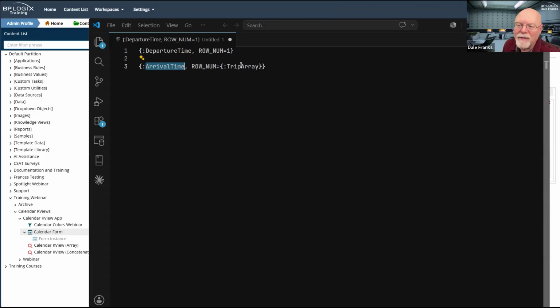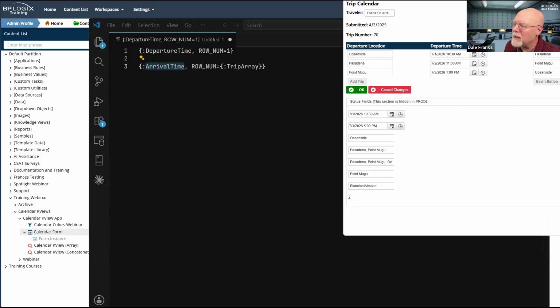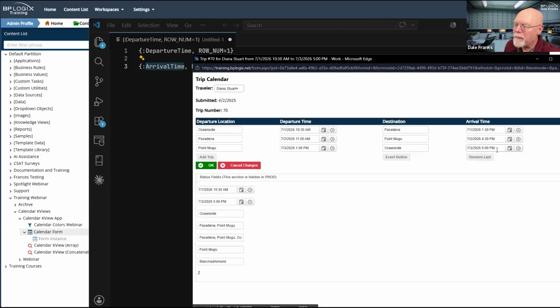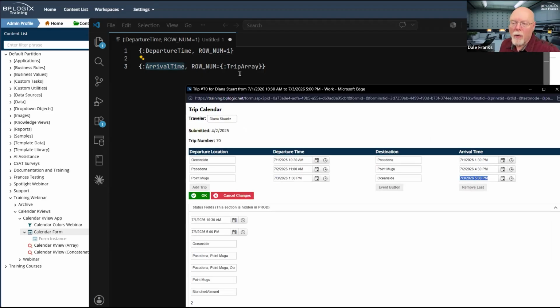I need to have the very last arrival time when my trip ended completely. And that is this value right here, 7:03 at 5 o'clock p.m. Okay, great. So to get that, I just need to pull the last row for arrival time.